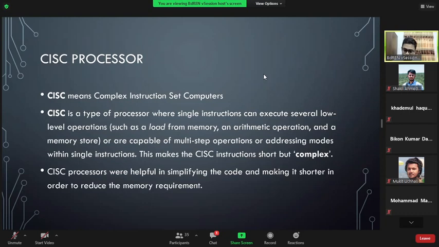Right. So the bottom line is why I'm saying all this: our technology, our field of study, is continuously changing. So what we need to do, as I said, is know the basic thing. Currently, what is the current technology? According to the current technology, we need to know the basic thing. Then, based on your basic understanding, you update yourself according to your need. That's what we need to do.